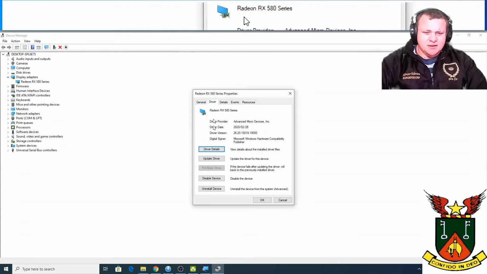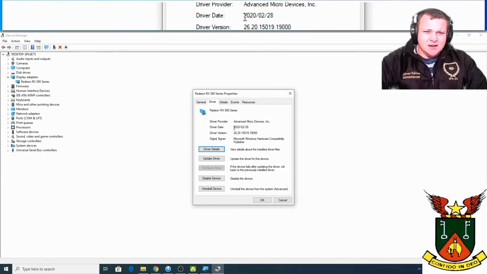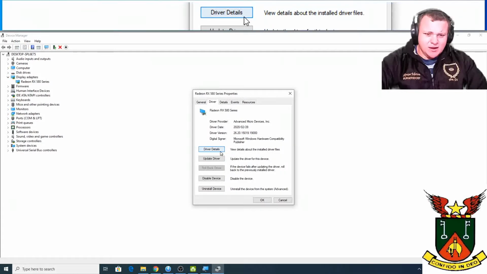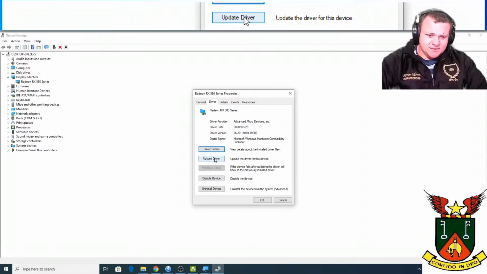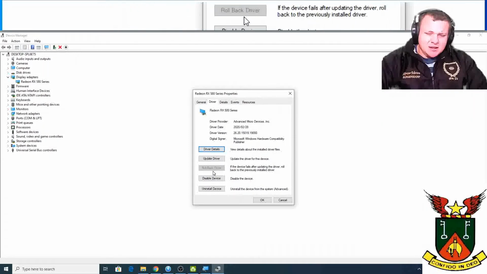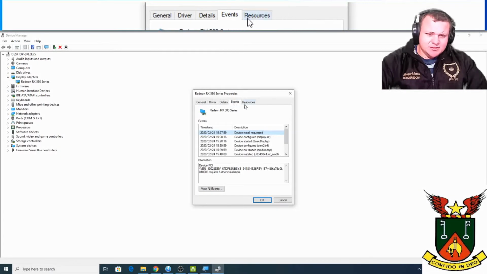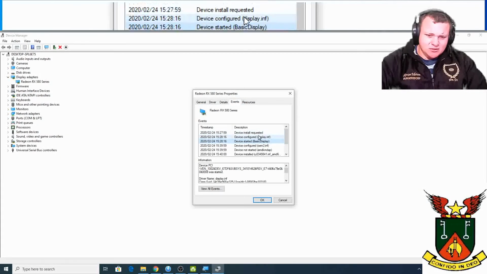If I click on drivers, then I can see all the details of the drivers: the driver date, the driver version, the digital signature. I can click on driver detail, update drivers, disable device or uninstall device. Okay, so here I have power. I just quickly want to go on. You see you can get all the statistics on your